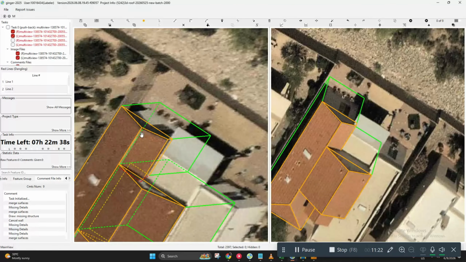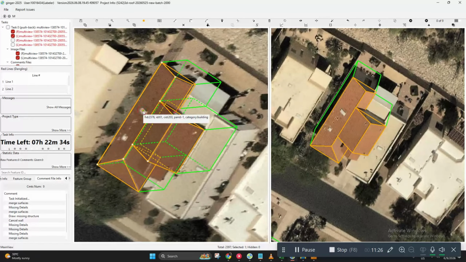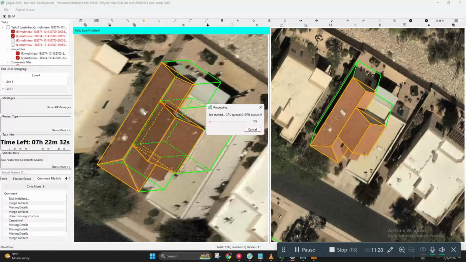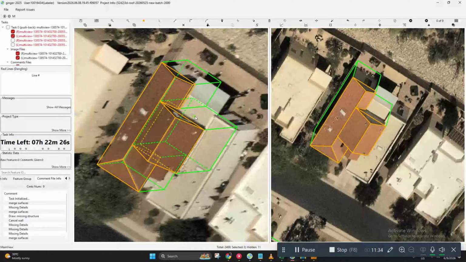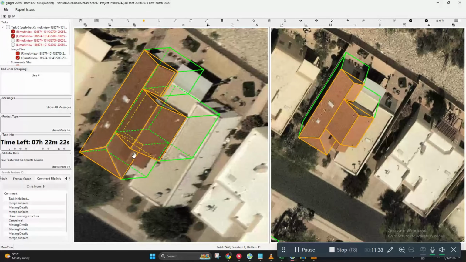Okay, and let's try to use auto fix. So all we have to do is to fix this area here, this one, and this small extension right here.